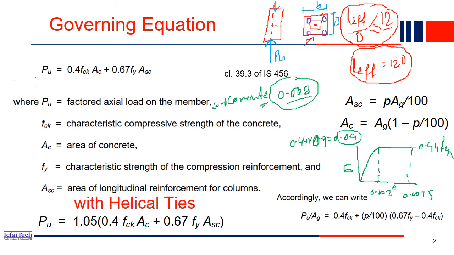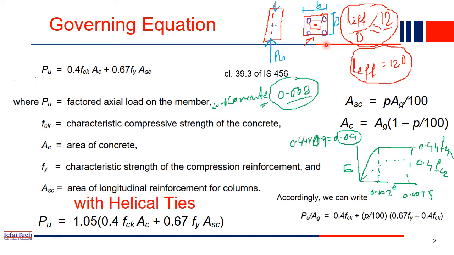So the strength of the concrete is actually 0.4 FCK, not 0.446 FCK. This is the stress in the concrete, multiplied by the area of concrete. So the formula here is Pu equal to 0.4 FCK, where 0.4 is the stress level in the concrete, multiplied by the area of concrete, plus